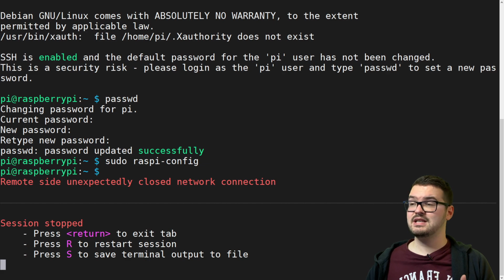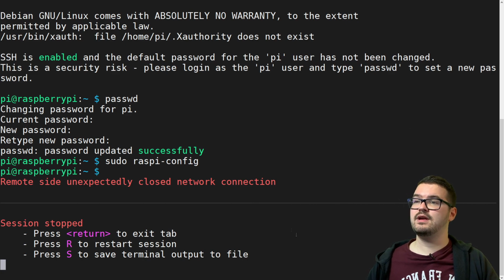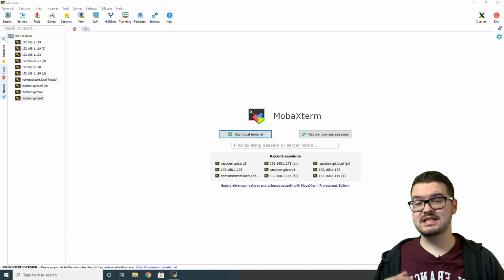Usually with most SSH clients, you can just automatically reconnect. But as we've changed the host name, we're not going to be able to do that. So we're just going to hit enter now to exit out of here. We're now going to want to start a new SSH session using the host name that we've just given the